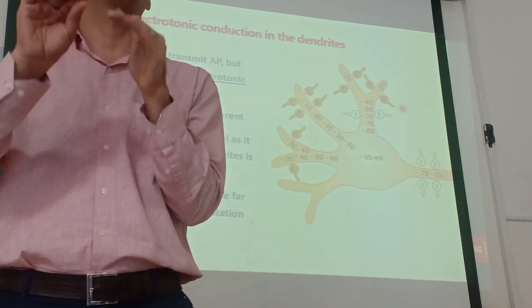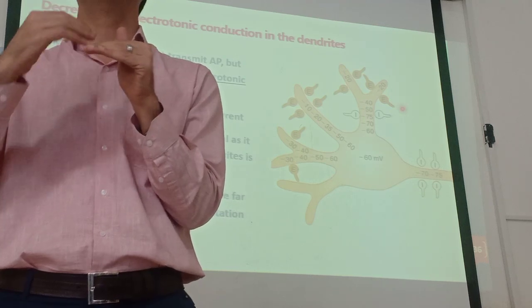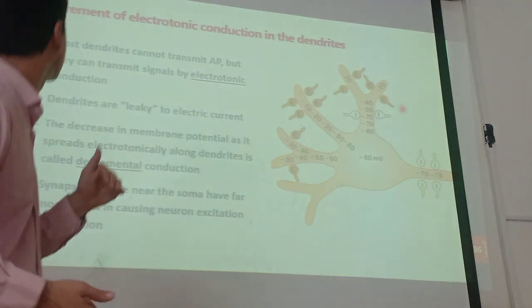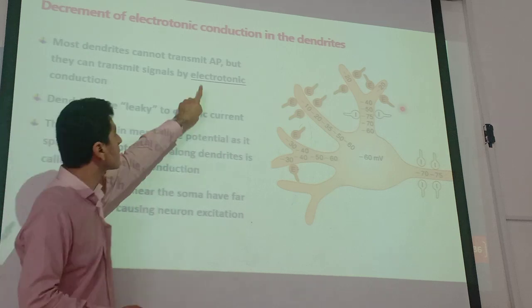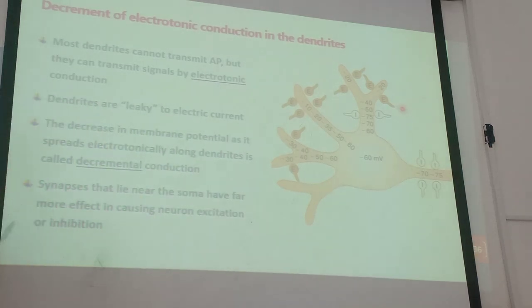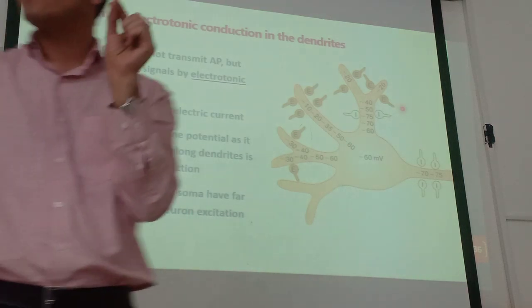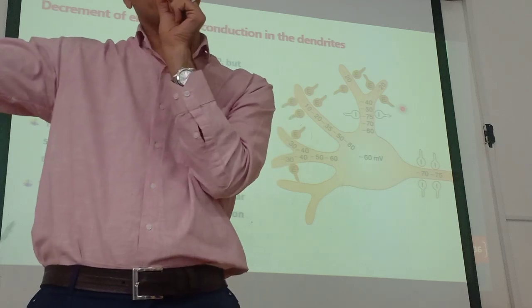If it happens through the cytoplasm, we call this electrotonic conduction. Electrotonic conduction. Did you get this? Yes. Conduction of the electricity through the cytoplasm is called electrotonic. Okay? So, another thing. You know that in a piece of wire that electricity goes